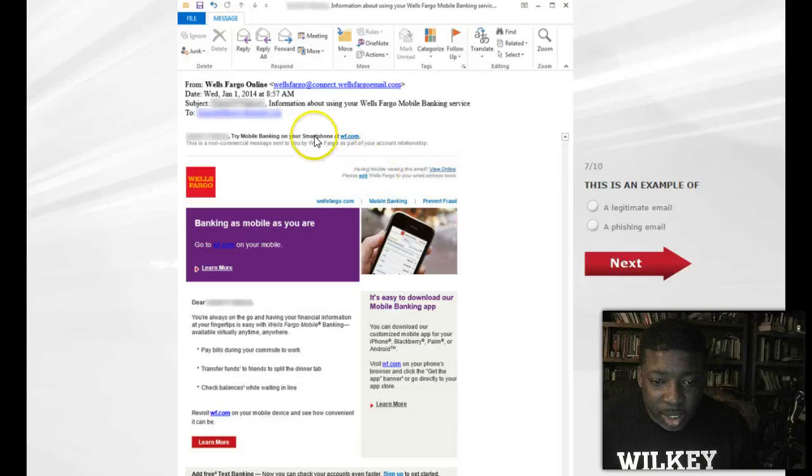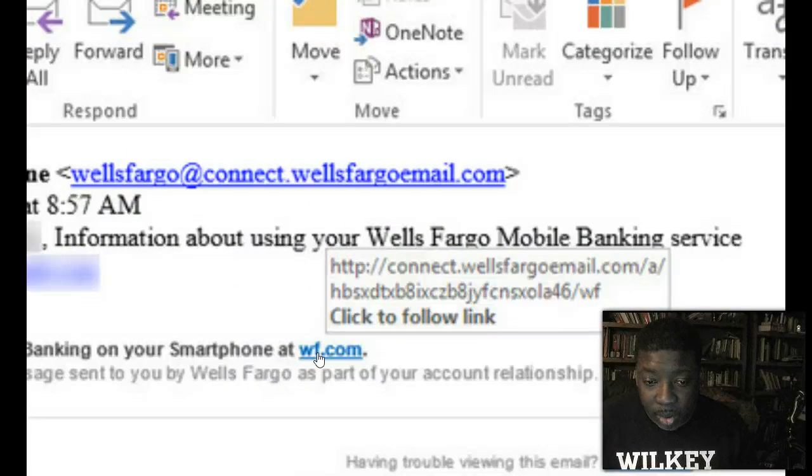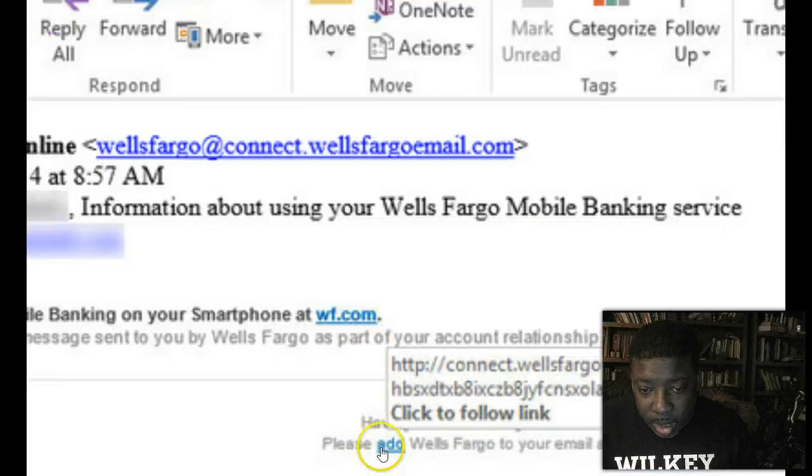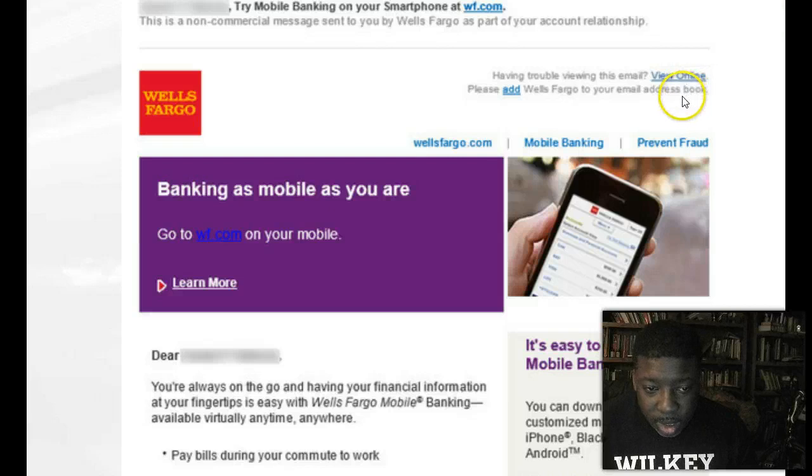All right, let's go to this Wells Fargo Connect, Wells Fargo email. So at least it has Wells Fargo here in this text, hypertext link, wf.com, and you can see it's actually going to Wells Fargo email. And again, you can right click on this and Google it if you don't, but to me this looks legitimate. That looks legitimate. Yeah, all of these look pretty good.